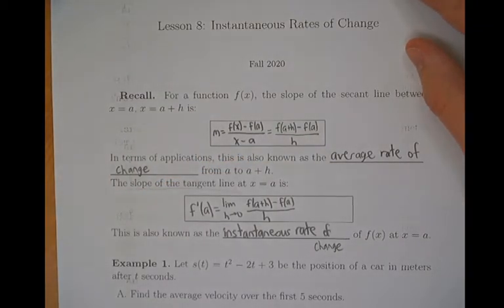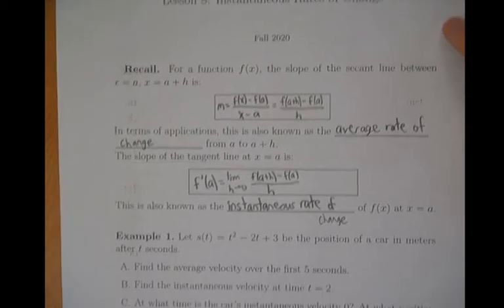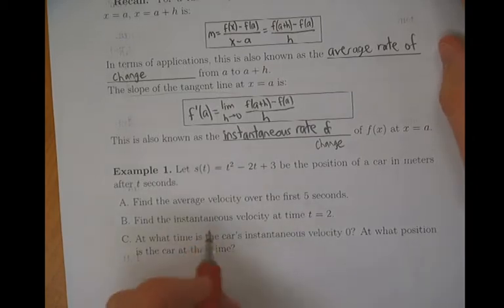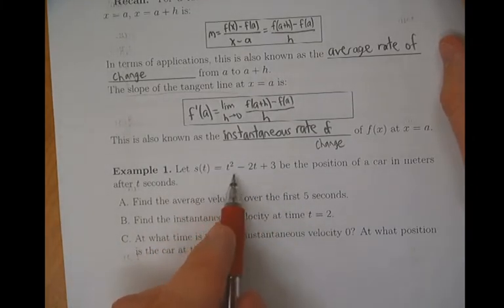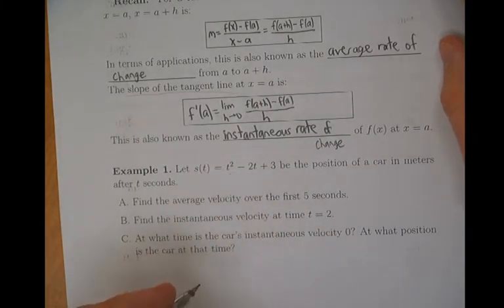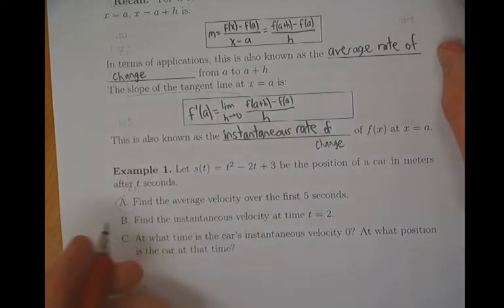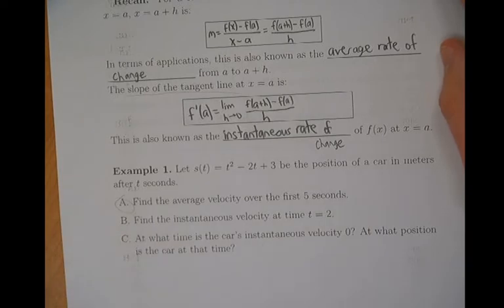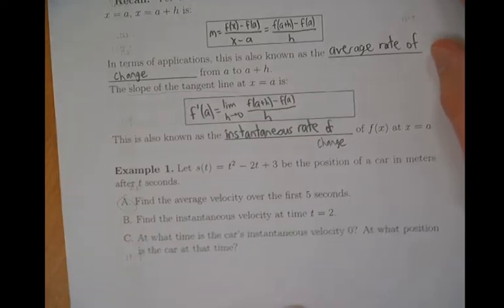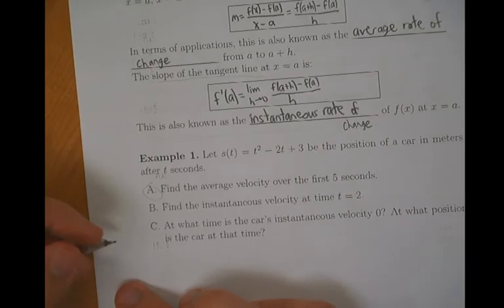Okay. All right. So to see what I mean by this, let's take a look at example 1. Let s of t be this quadratic, t squared minus 2t plus 3, and let that be the position of a car in meters after t seconds. So in this case, the first thing we have to do is find the average velocity over the first 5 seconds. So for part A,